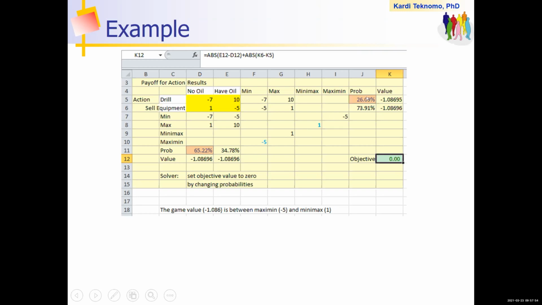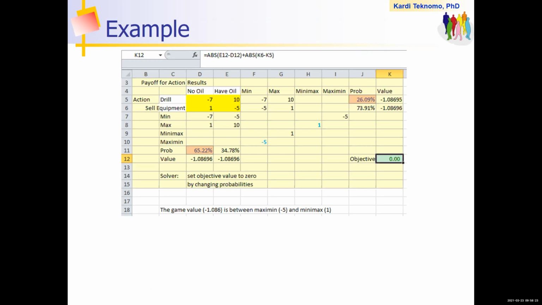And then you set a probability value, and then you multiply the payoff with the probability to get the value. Now, once you get that, then you set the objective, which is in here. I take the objective as the absolute value